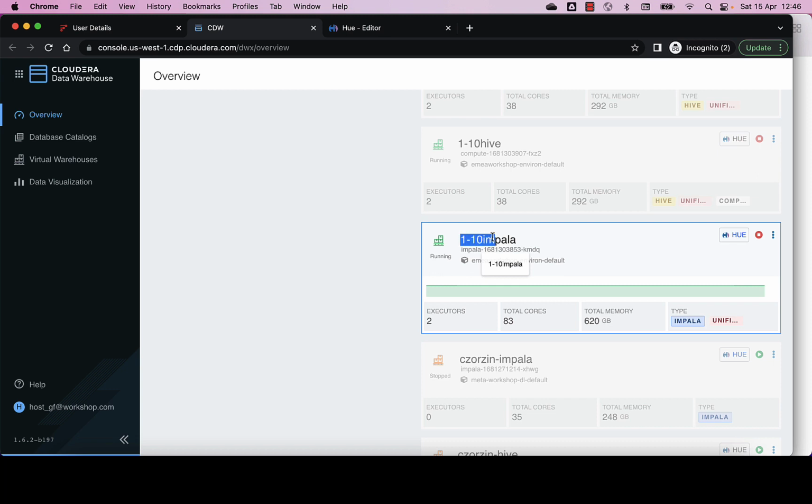Once again, please make sure that you are working in the instance that the instructor provided to you, in order not to overlap with other attendees. And let's open the Hue of this Impala